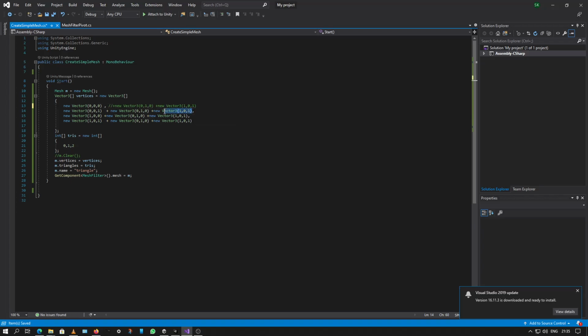Okay, this, this, okay, fine. So now we have only told it to create one triangle. We need two triangles. So for that, we will tell the mesh that our second set of triangles is 0 comma 0 comma 1, 1 comma 0 comma 0, and then the third one. Okay, so we have index number 1, then index number 2, then index number 3. So if we run the code now in Unity,